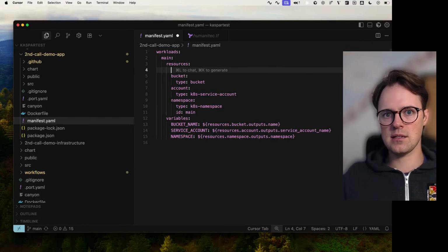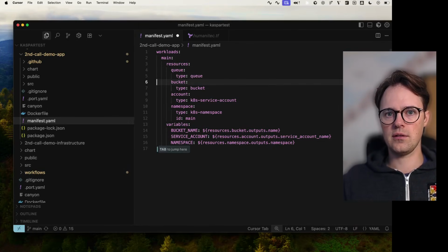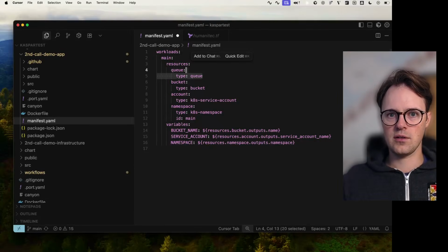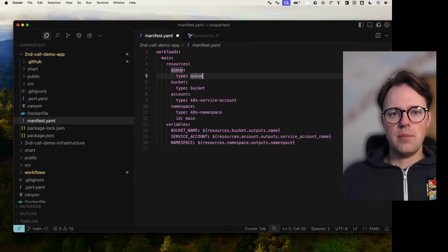And we could add something here. We could say, give me a queue. Then, I just need to... It is already proposing this here for me, so that's fantastic. And literally, if I type those two things and I send that through the CI pipeline, what will happen is